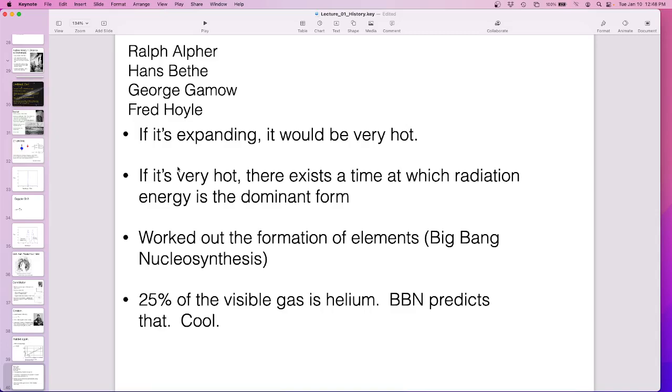Alpha, beta, and gamma, which is ABC. They asked Beta to be on this paper just because then it was ABC, but Beta made it a good paper. So anyway, these guys, and Fred Hoyle, they said, okay, if it's expanding, it's cooling. So if you go the other way, it's heating. So the universe must have been really hot a long time ago. So hot that nuclear fusion must have been going on. So hot that we can sort out exactly how much hydrogen and helium we should have.